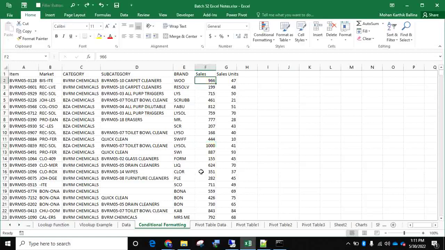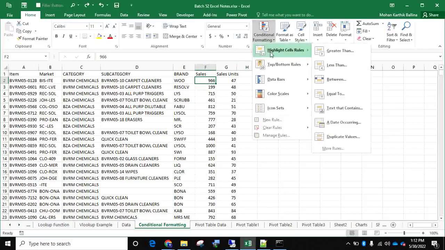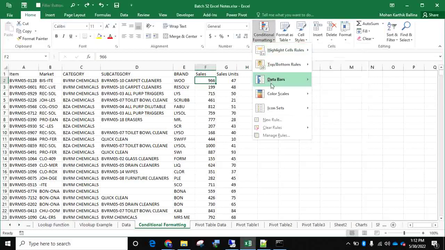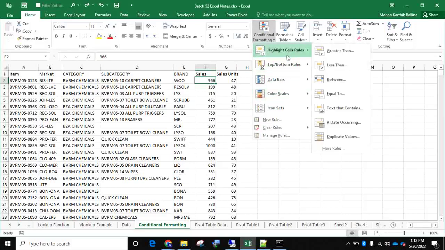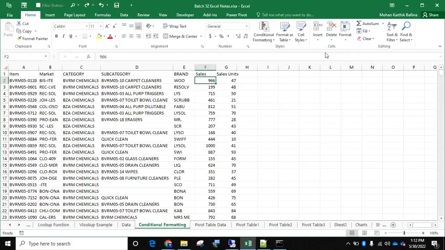But there is another way to highlight the values. By default we have a special feature called conditional formatting. How to do that? Just select your data. I'll show you for a single cell. Select a cell, go to conditional formatting, and you can see different types of sections here. You can see highlight cell rules. What is my condition? If the cell is greater than 900,